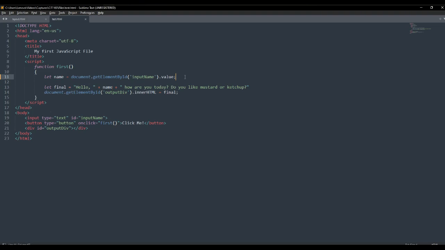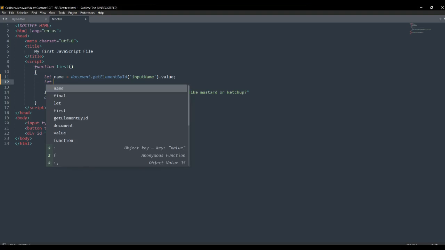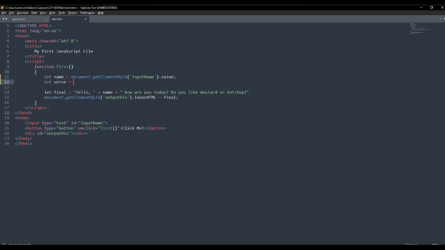What I mean by that is saying let name and then let verse of song or scripture, and then you put in the verse of whatever the verse says, and then you just add those two together by saying, I don't know, if it does say like, hey there Delilah, you could do it like this: hey there, and then put name in there, and then say